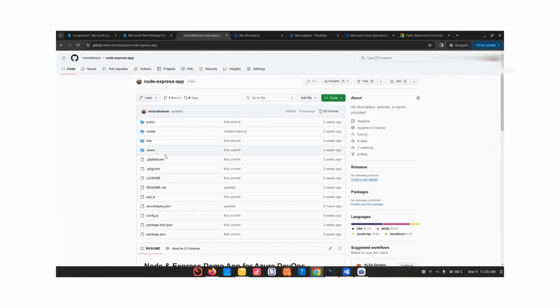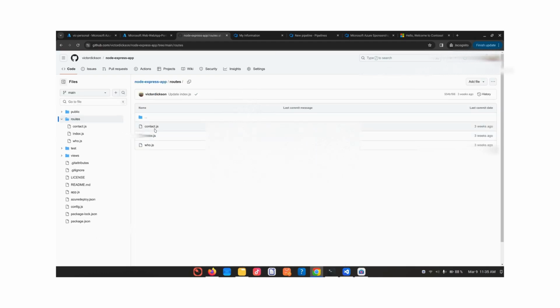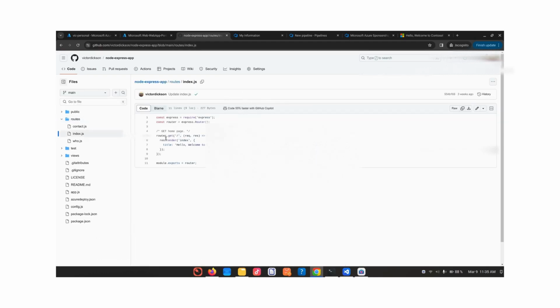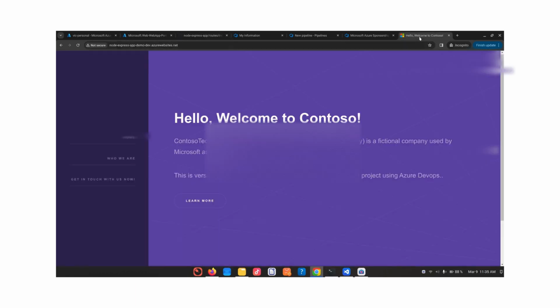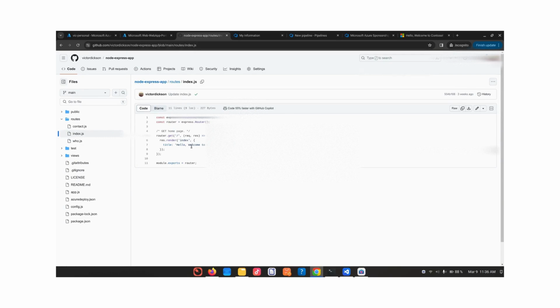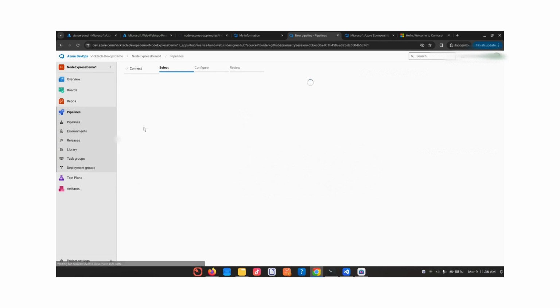What this code does is simply, if you check the routes index.js, it shows you a page that says hello, welcome to Contoso, something like this. It's a fully functional web application created with Node.js. We will change it later to see how the CI/CD works. But let's go on. On Azure DevOps, we'll say our code is on GitHub, and then